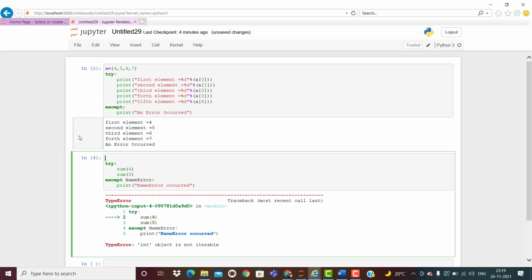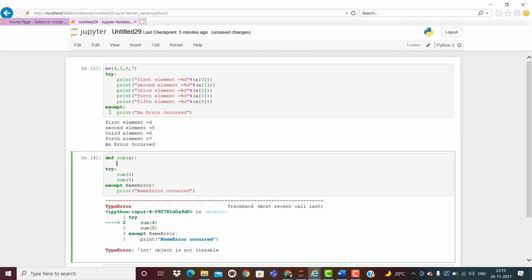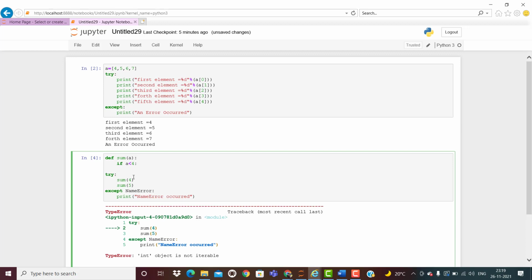Okay, so here let me write that function also. I'm going to declare a function, and here I'm writing sum, and here I'll pass some variable a, and if a is greater than 4, that means here I have forwarded the 4. So if it is greater than 4, then it should do some values.